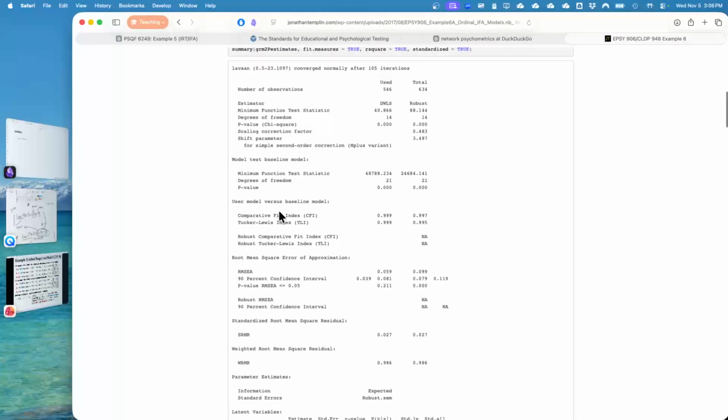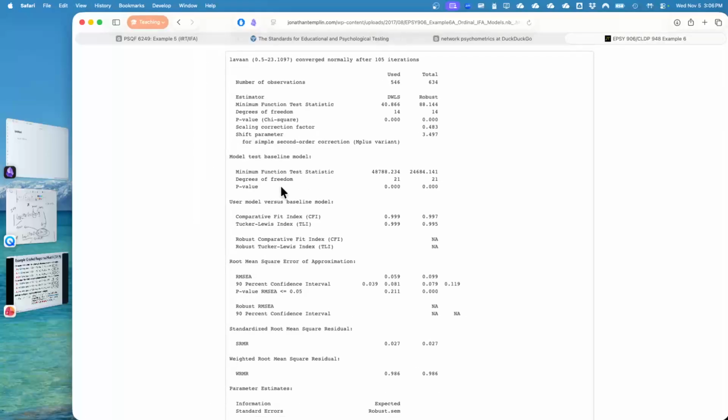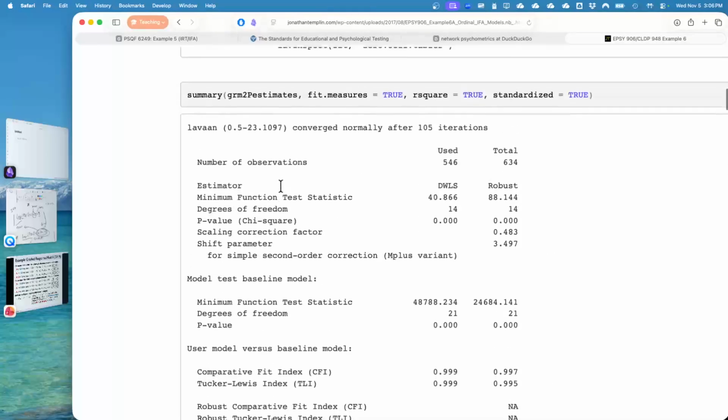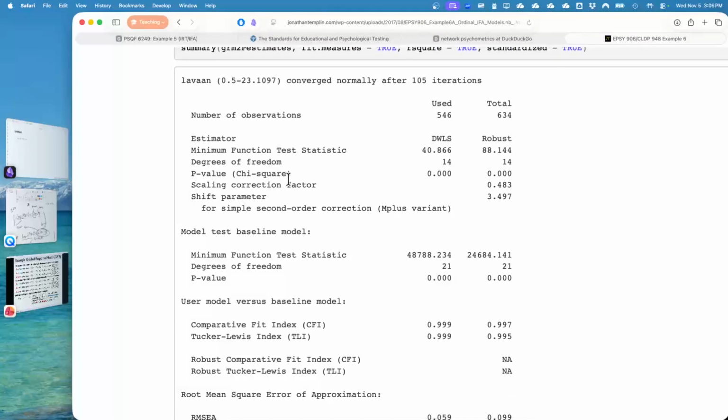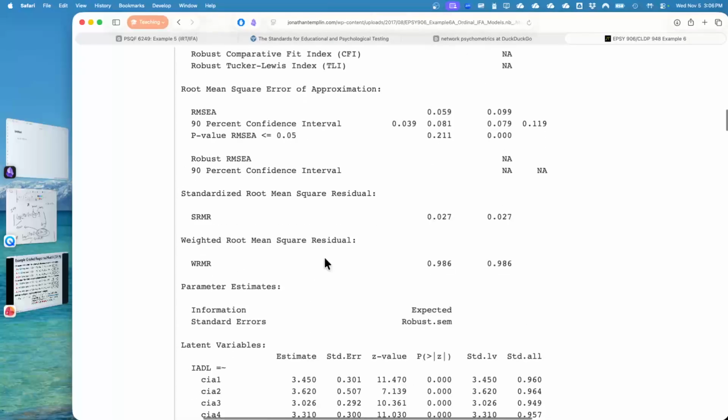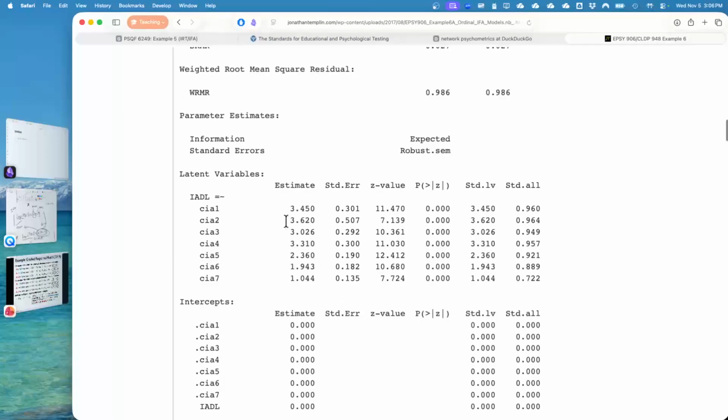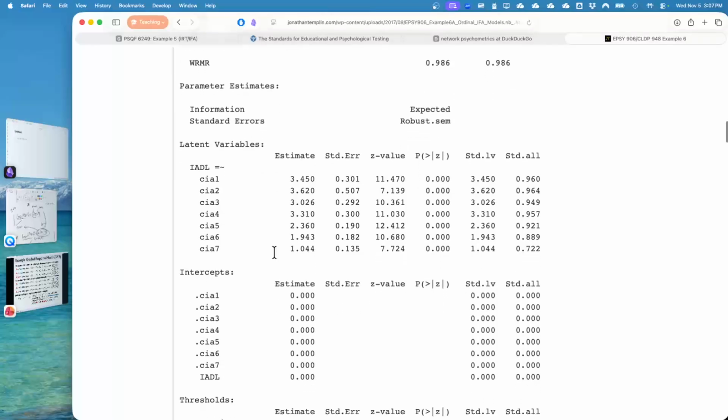But here is the output that you see in Lavaan. And again, it's going to look almost identical to what you saw in IRT. So the model fit is the same. You get the one loading per item, once again, if it measures one thing. And again, we talk about how well those loadings work. And the thing I forgot to mention is that because these are loadings, they're interpreted the same way we like to interpret them in factor analysis. The bigger the value, the stronger the relation between the item and the trait itself.